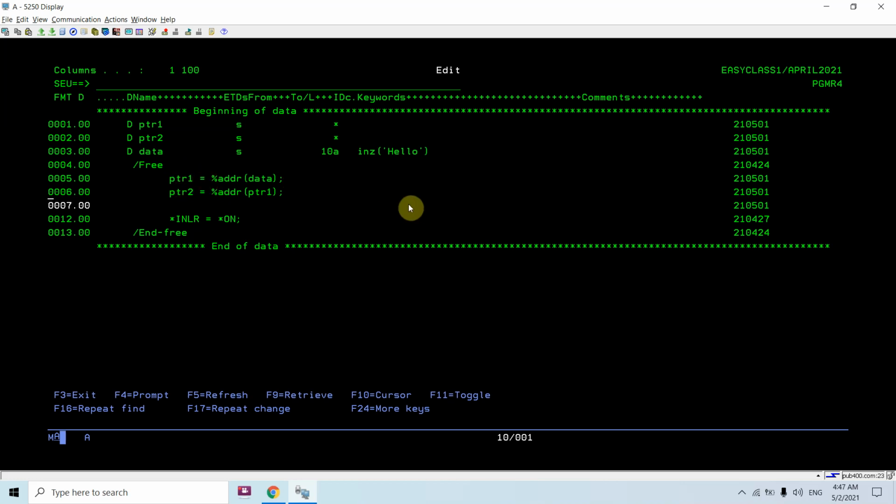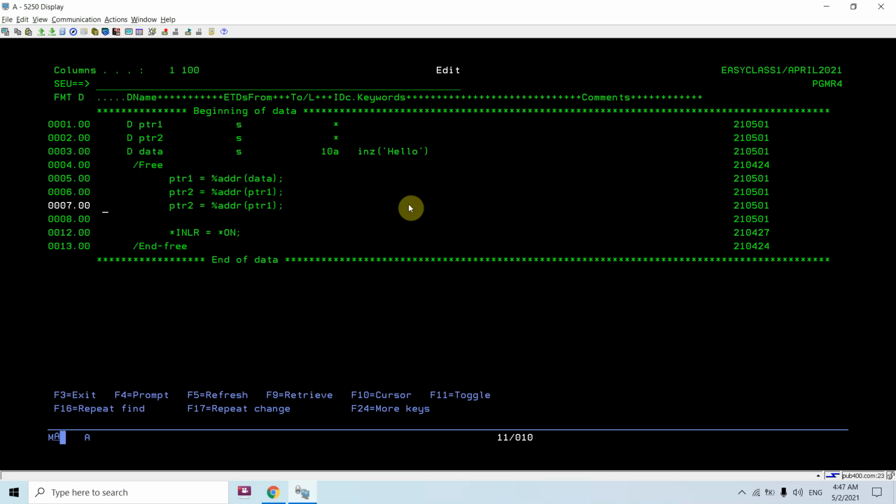But let me tell you one thing which may confuse you. If you think that ptr1 now stores the address, and you directly evaluate ptr1 to ptr2, then it's a pointer to pointer — no, it's not. It's a simple pointer, because you are evaluating the address of data into the ptr1 pointer variable.